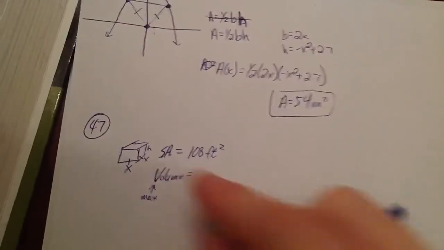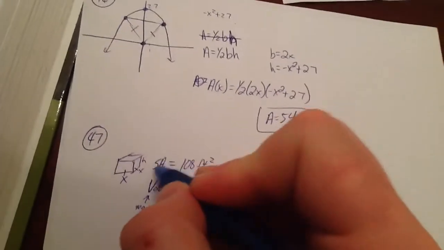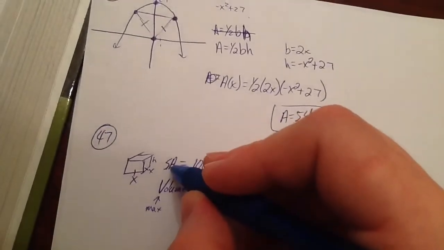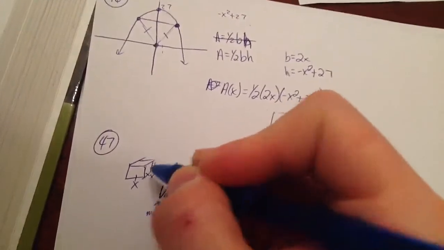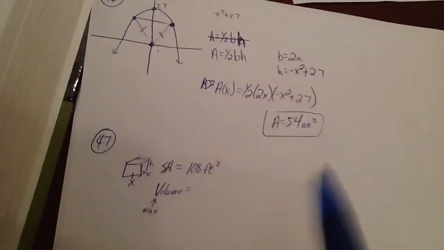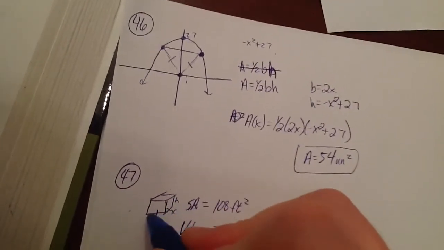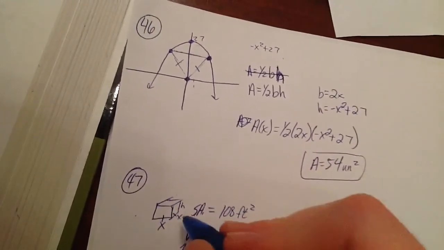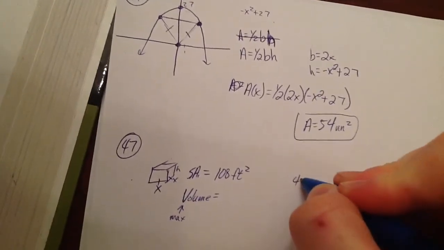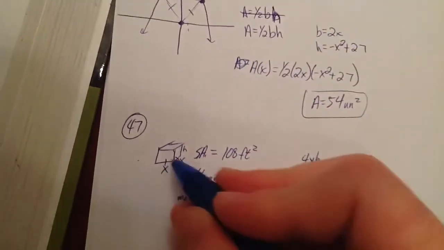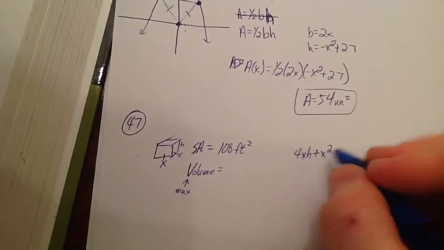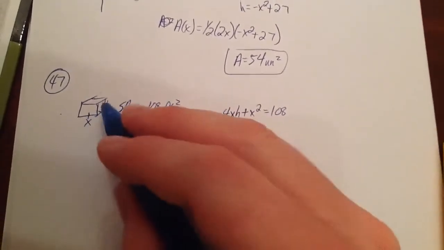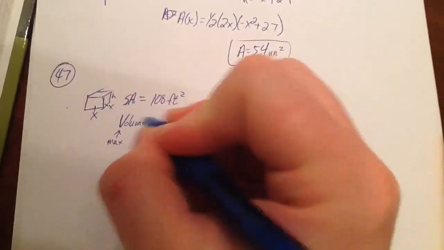So this is where you have to write another equation. I'll probably use surface area. If I know it's 108 square feet, if I just put my formula for surface area over here, I can solve. So surface area of the box, that's just area of all the panels, right? So we got the front, the side, this side, the back, and the bottom. There's no top. So all the sides are just x times h, so I got x times h 4 times. So 4xh. That's all the sides, and then the bottom would be x times x. So plus x squared. That's my surface area. If I do that, I'll get 108 square feet. So now I can solve for h so that I can plug it in over here when I do volume. Right, because my volume right now, I said length times width times height, so it'll be x squared